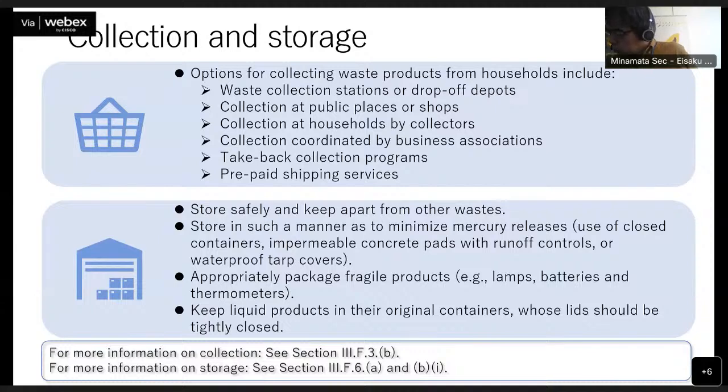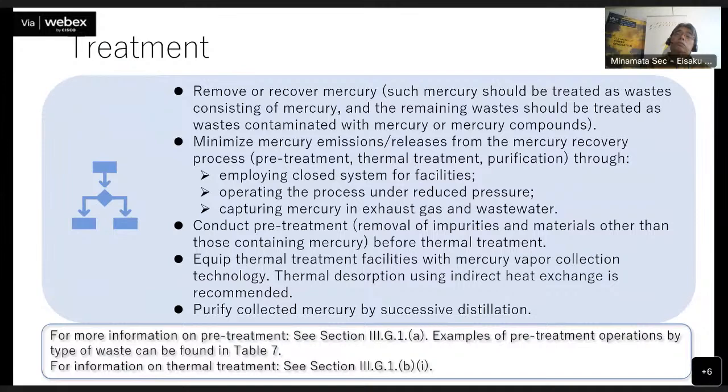At repackaging fragile products and keeping liquid products in their original containers. Mercury should be removed or recovered from waste of mercury-added products. Removed or recovered mercury should be treated as waste consisting of mercury, and the remaining waste should be treated as waste contaminated with mercury. If part of the remaining waste is not contaminated with mercury, they could be used as